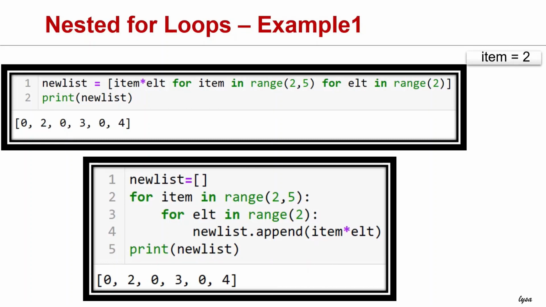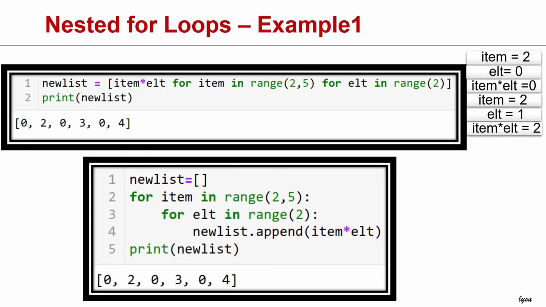So initially item takes the value 2, element takes the value 0, and item into element is equal to 0. If you look at the output, that's the first element in the list. Then item takes the value 2, element takes the value 1, item into element is 2, that's the second element